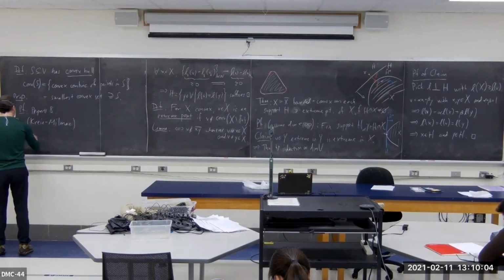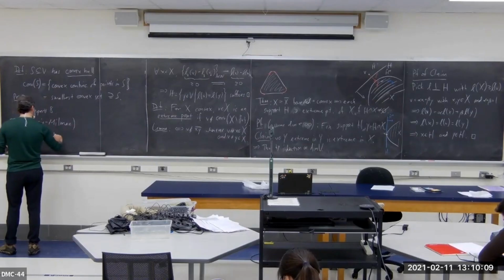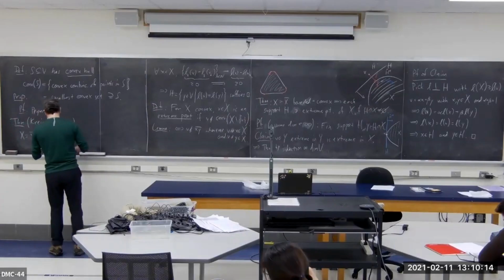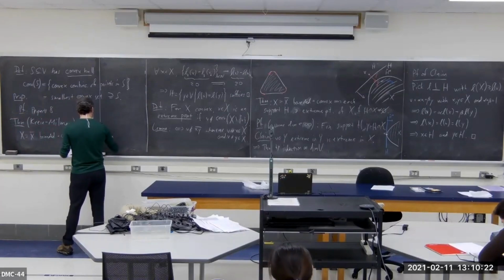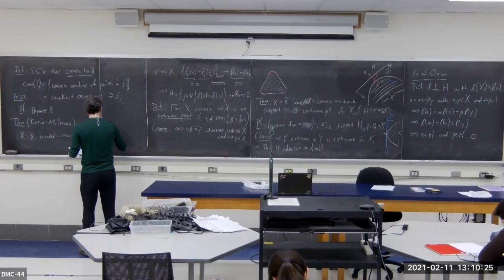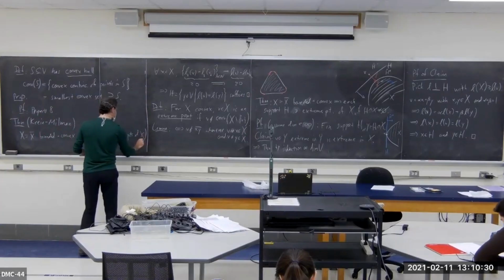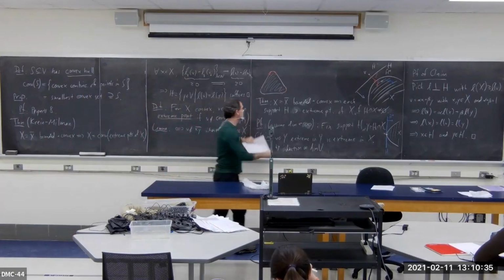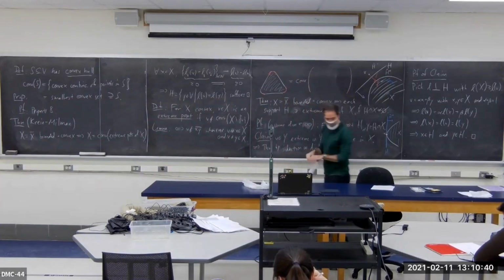It says that if X is bounded and convex, in infinite dimension you probably want to say compact, so it's closed, bounded, and convex, then I claim that X is the convex hull of the extreme points of X. So in this example, this thing is equal to the convex hull of